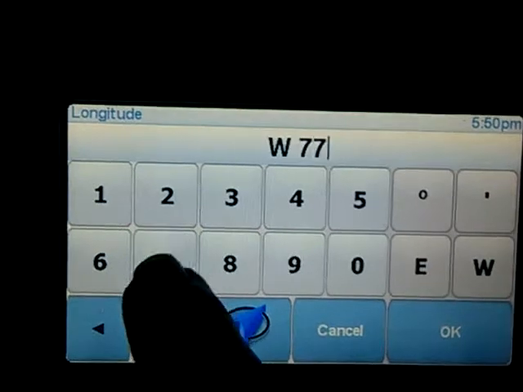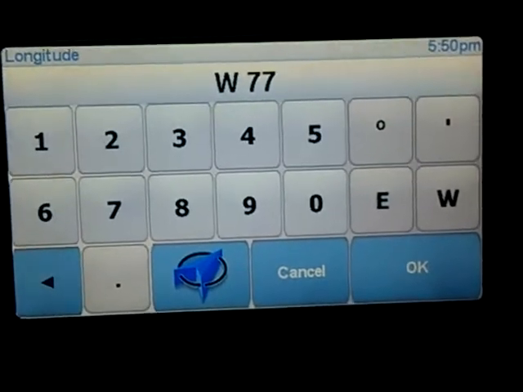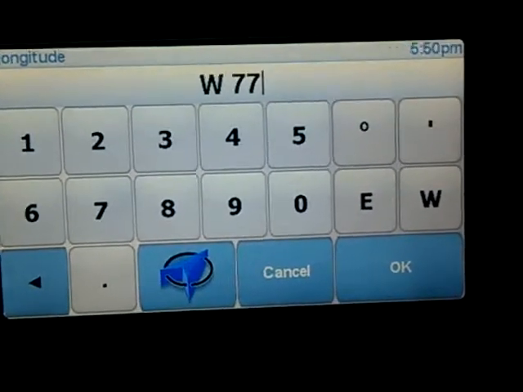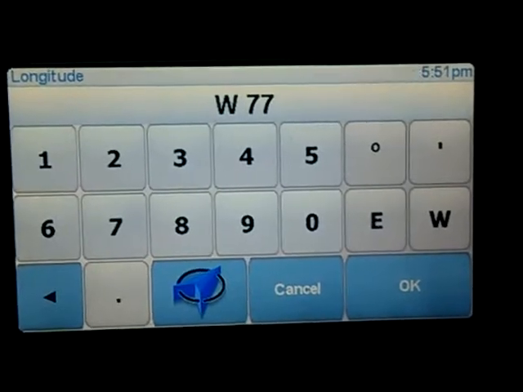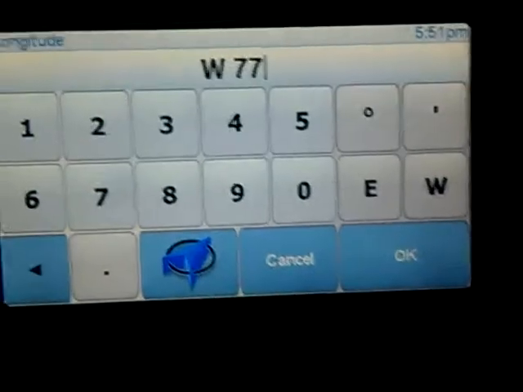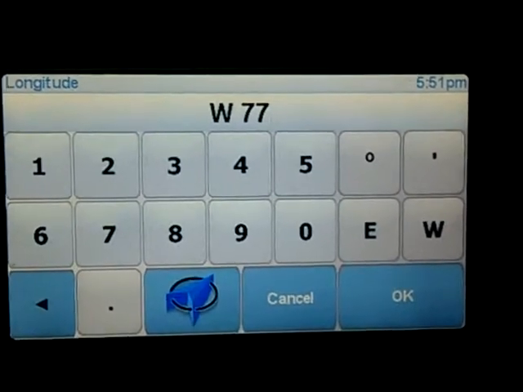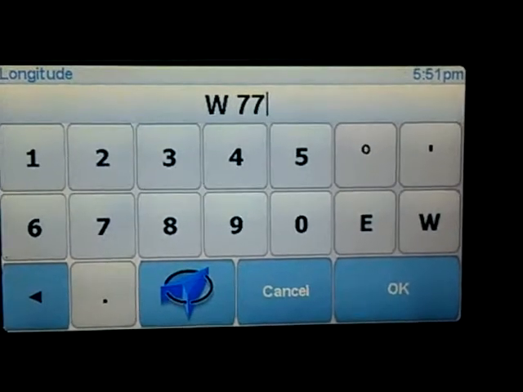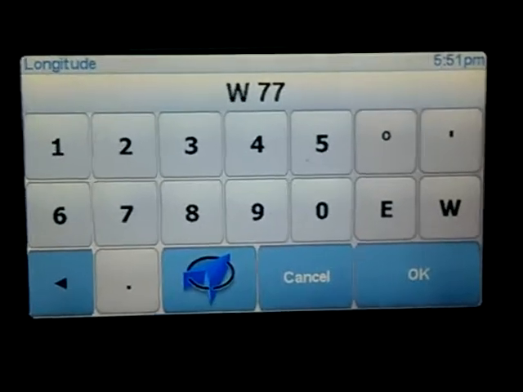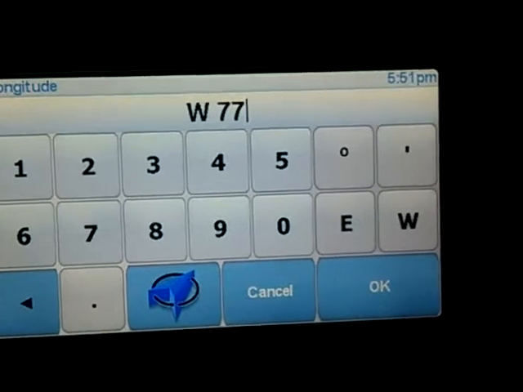77. And you can see there is no negative on this, because again, once you have on a longitude and latitude, the numbers themselves, the 77 and the 39, will tell the GPS what direction it's in. So you do not need the negative sign for this device. You will for the computer and you will for your smartphone, but not for the GPS. So you'll enter the number in exactly as it's tweeted to you, again, minus that negative sign, and then you'll